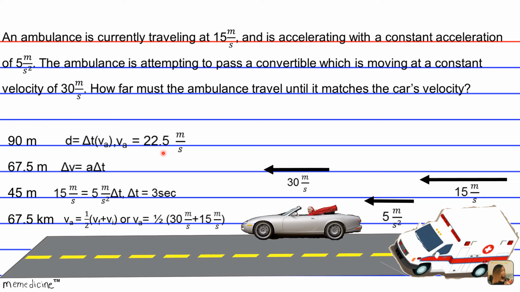All right, so using our initial formula, we can just plug in the variables that we found. So displacement equals 3 seconds times 22.5 meters per second, or simply 67.5 meters. So the correct answer choice is going to be B, 67.5 meters. Okay? All right,